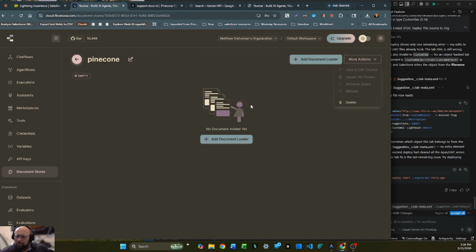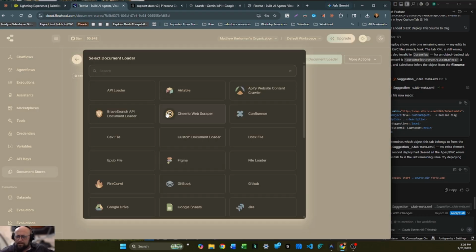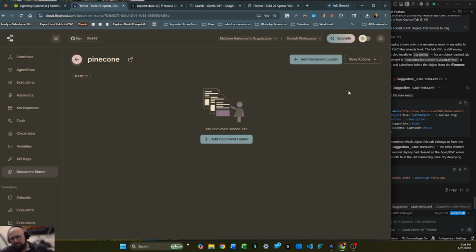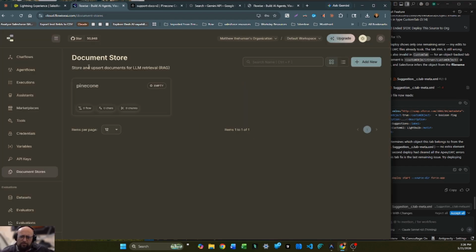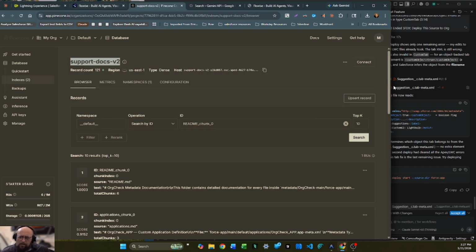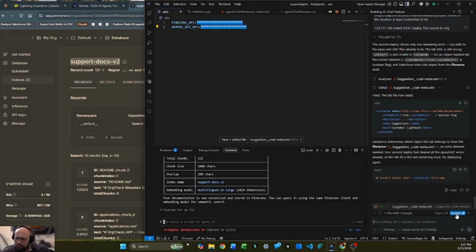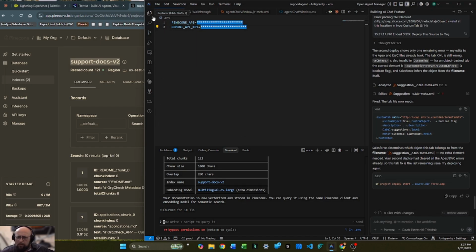We don't need a document loader, because adding a document loader, this is what you do in order to do the chunking. But we handle that chunking locally with a script. Right? Let's work on the part about